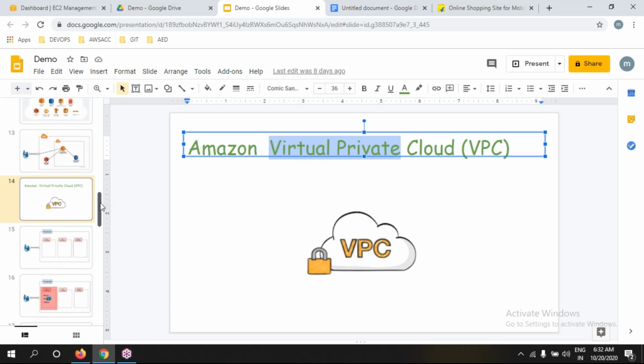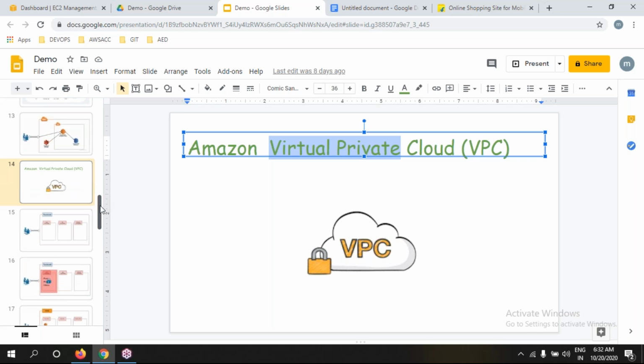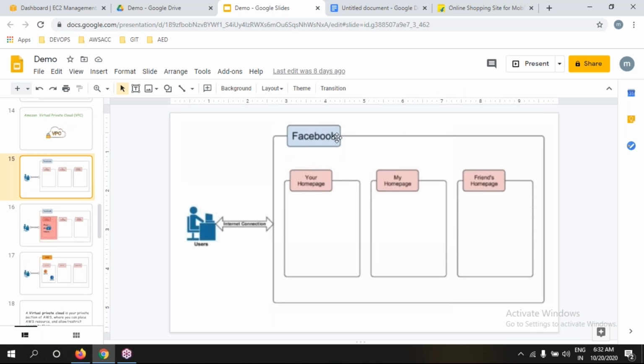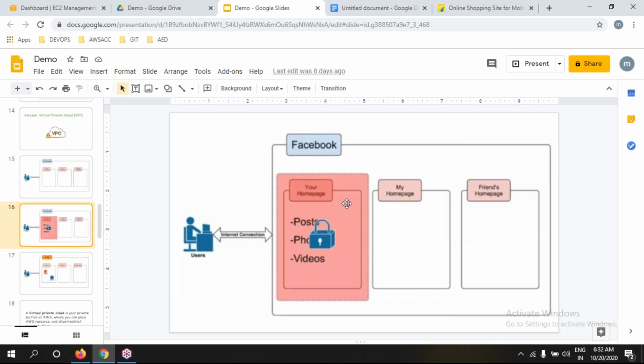Very clear. But let us understand one layman example. Anybody can access Facebook, but your home page is locked by default. Your photos, your videos, everything is locked.